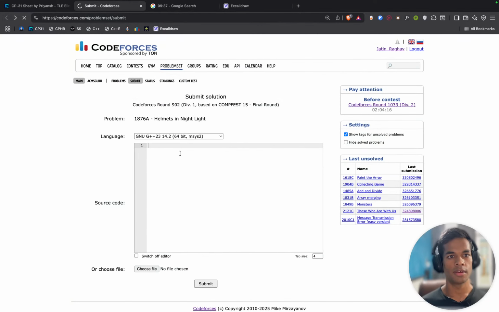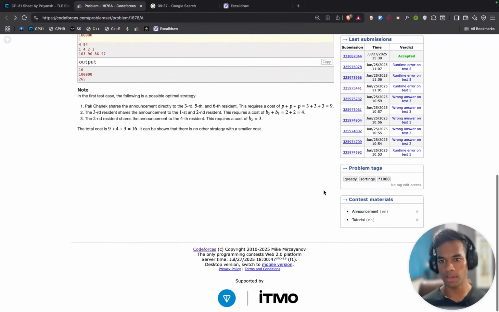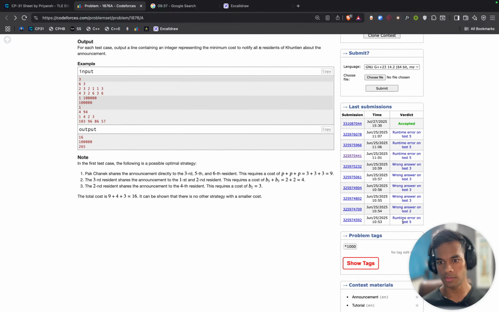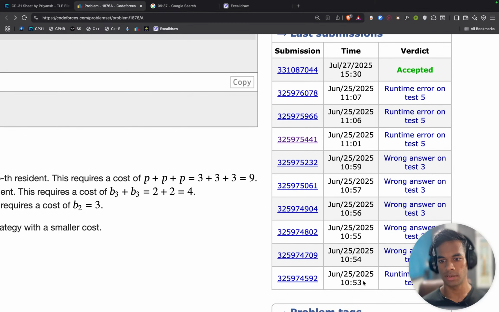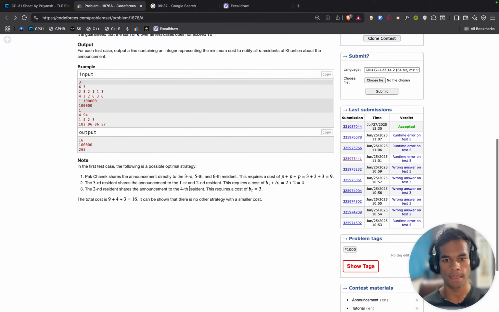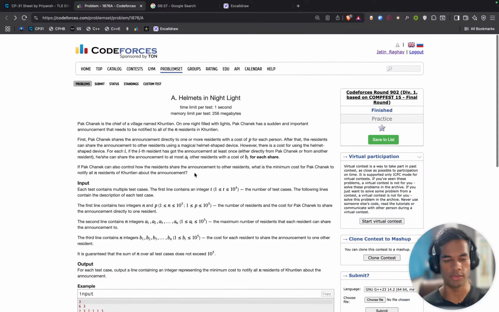And the first time that I was trying to do this, I got this wrong. And my first submission came at 10:53 and my last was at 11:07, which is like 15 minutes. I only spent 15 minutes on this question. That is horrible. Yeah, that is cool, which means I am improving.